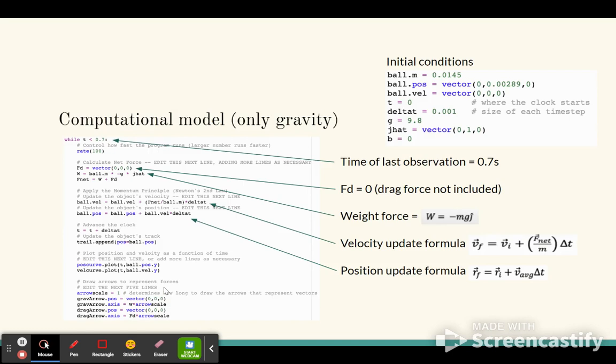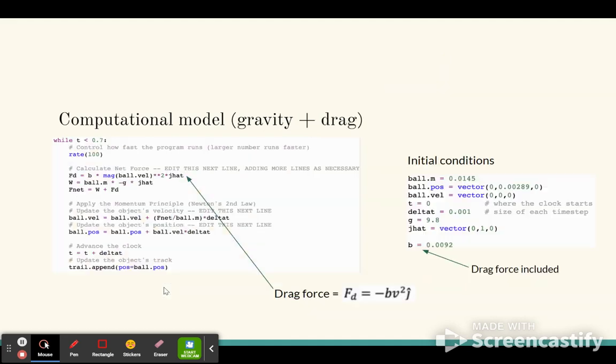For our computational model, we plugged in zero drag force, the weight force of the paper ball, and also used the velocity update and position update formulas to be able to track the velocity and position. The model with the drag had the drag equation negative bv squared j, and also included b in the initial